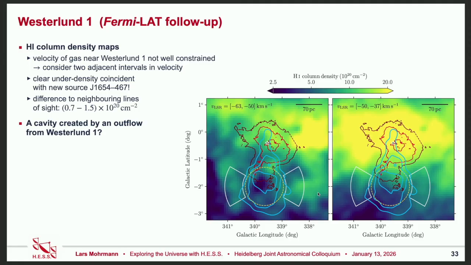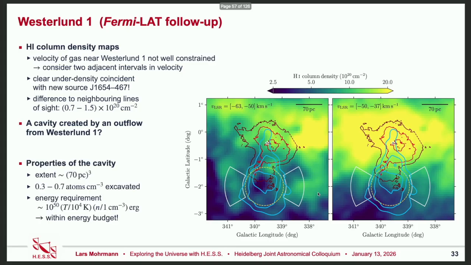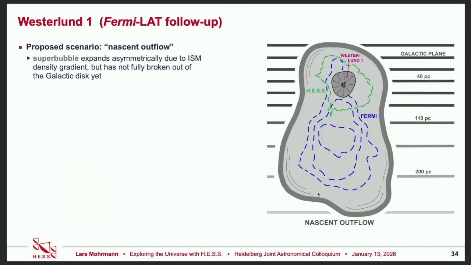And so that got us thinking, is that maybe a cavity that was created by an outflow of particles from the star cluster region? And we tried to work out if that's feasible. And if you do that, you find that the energy requirement to form that cavity is something like 10 to the 50 or so erg, which is well within the energy budget provided by the wind of this star cluster, which is a very powerful star cluster, as I said. And so that's basically the model that we